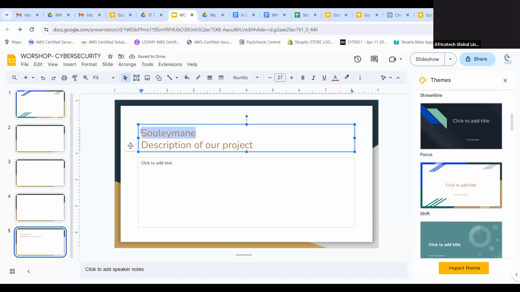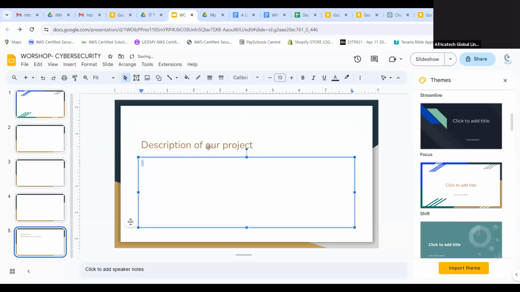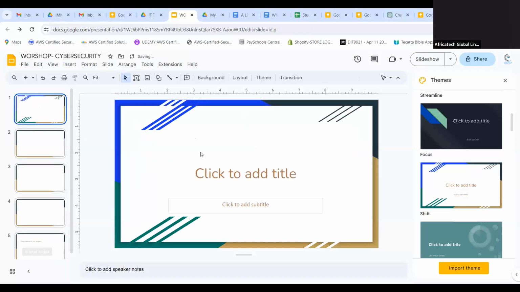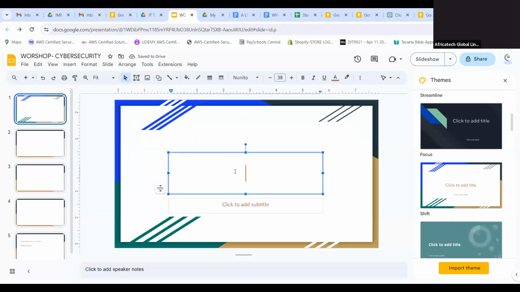Let's not put his name here. Description. Our project is what? Cooking. Preparation of what? Cake. Or African cake. Let's say African donut. That's what my kids usually call African donut.